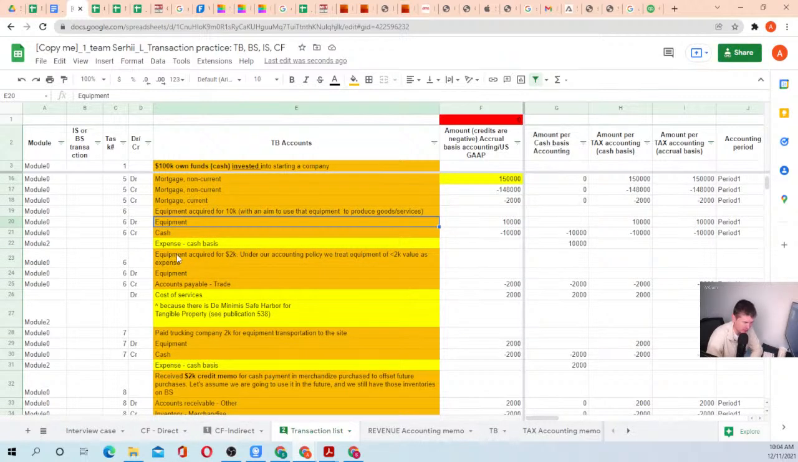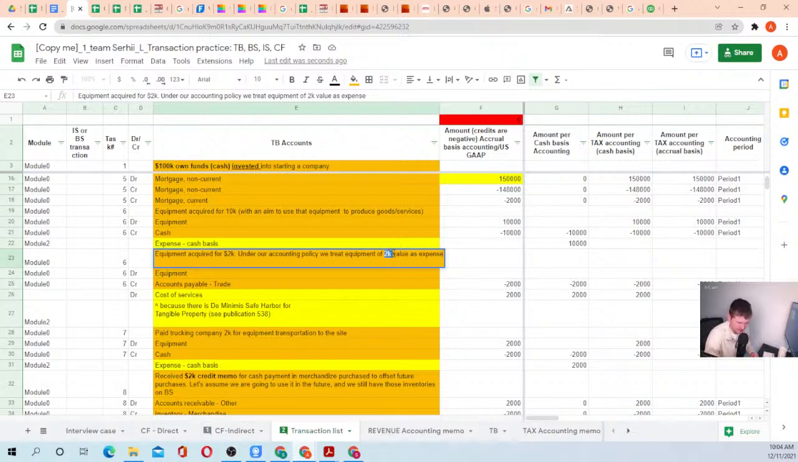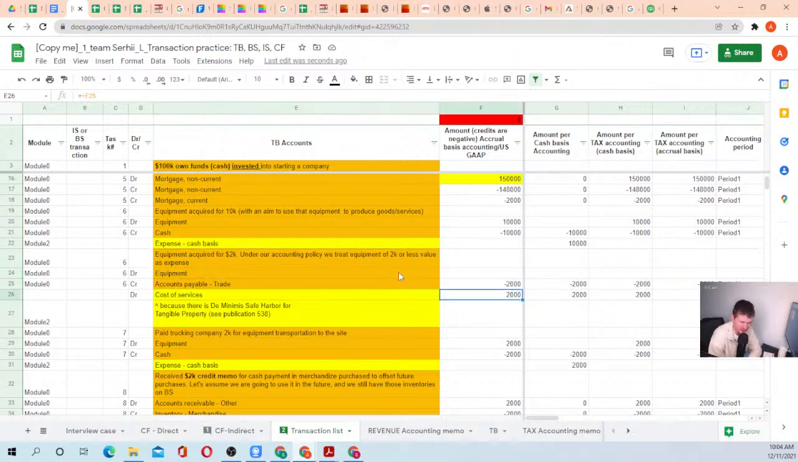And an example of the opposite. For example, we acquired equipment for 2,000. And we have an accounting policy that we treat equipment of 2,000 or less, let me add here, as an expense. So in that case, we can write it off. However,